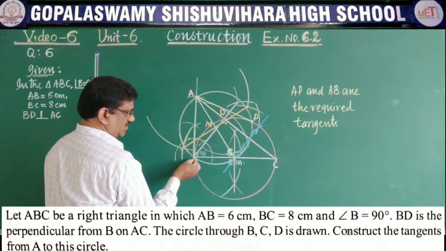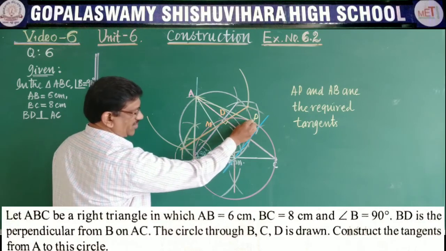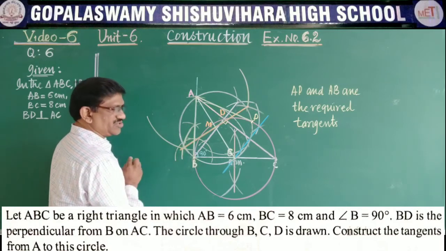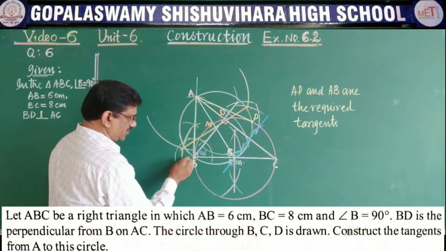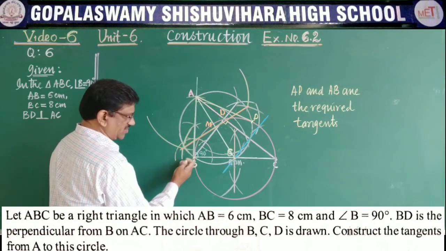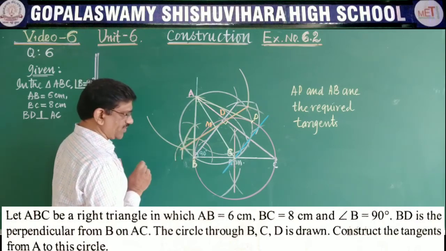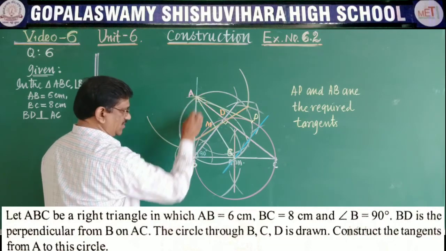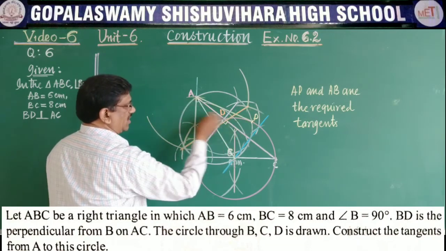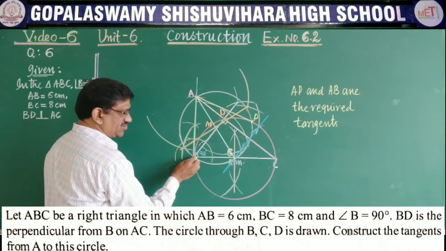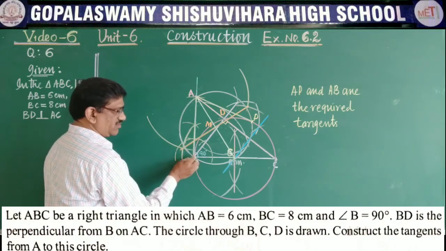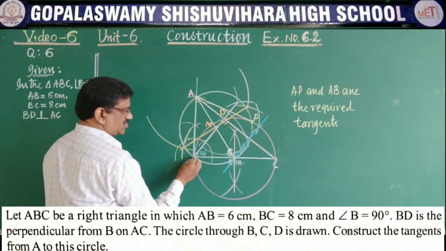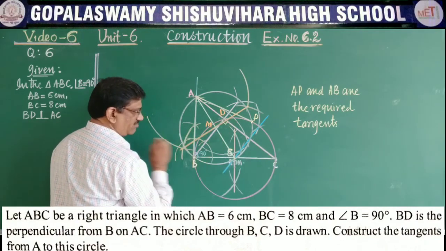Where it cuts the circle with the center S, this is the point P, and here is another point where the circles cut each other. We have to give it Q, but already there is a name for this point. I didn't give any other name, so keeping B as such. Now join AP and AB. Here AP and AB are the required tangents, the tangents asked to be constructed for the circle which passes through the vertices of the triangle BCD.